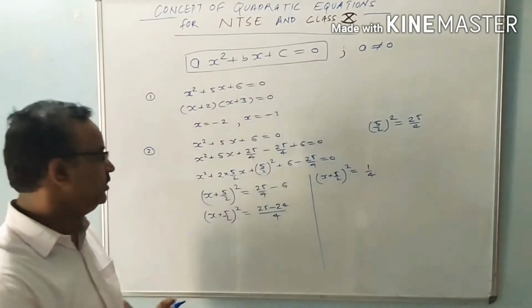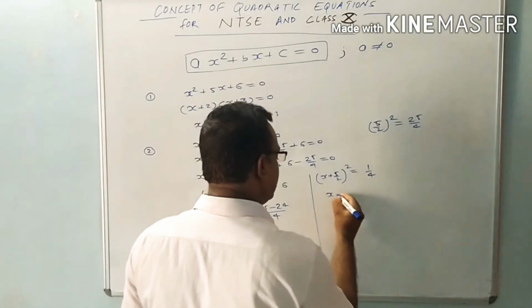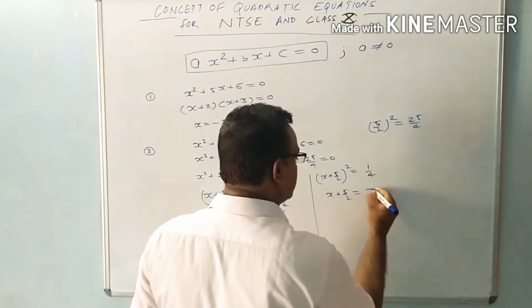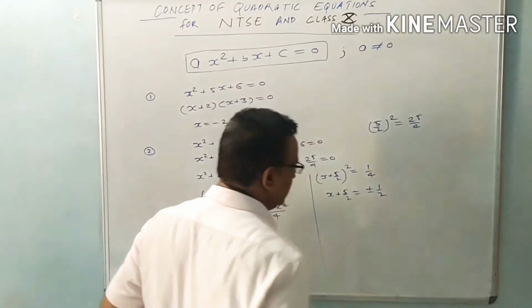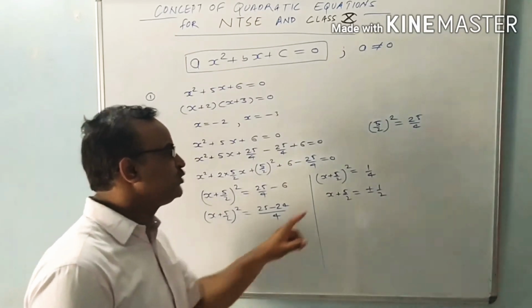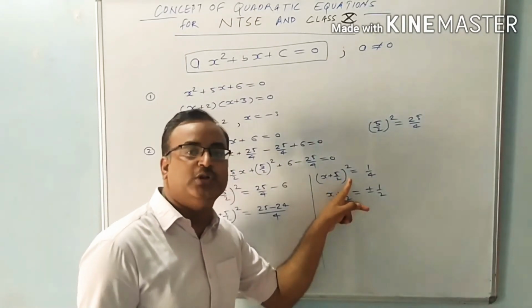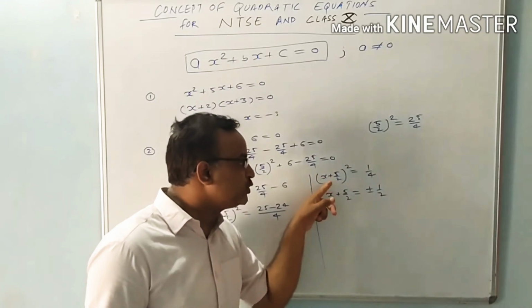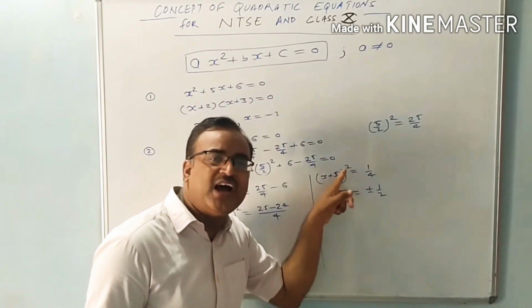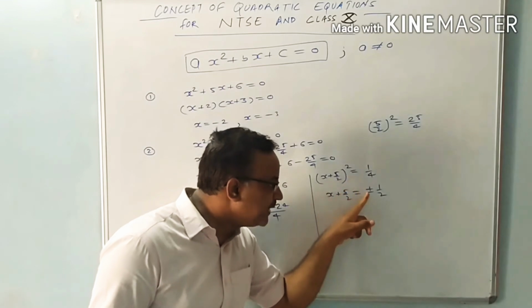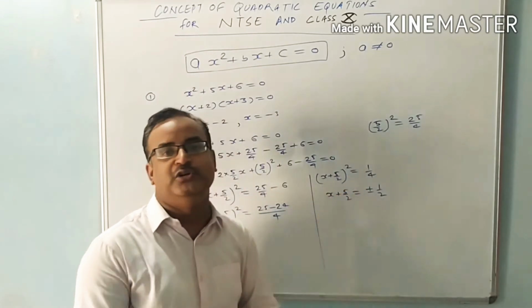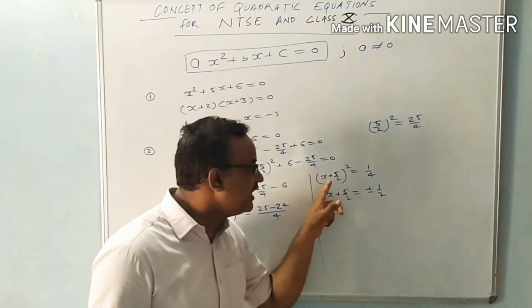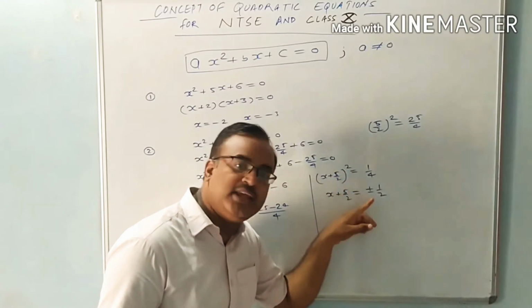Now we'll take the square root, then x plus 5 by 2 is equal to plus minus 1 by 2. यहाँ भी स्टूडेंट बहुत गलती करते हैं. हम कॉपियों में देखते हैं कि (x plus 5 by 2) whole square is equal to 1 by 4 लिखा है और स्टूडेंट यहाँ सिर्फ प्लस 1 by 2 लिखते हैं और ये आगे जाके बहुत बड़ी गलती हो जाती है. इस बात का ध्यान रखें, यहाँ पावर 2 है तो यहाँ 2 वैल्यू आएंगी.